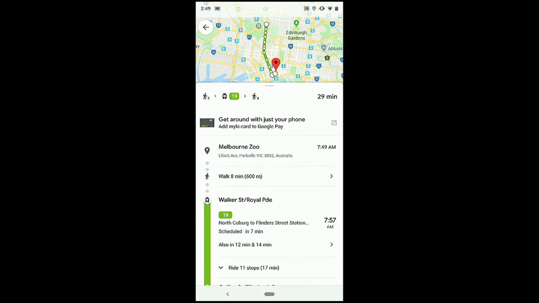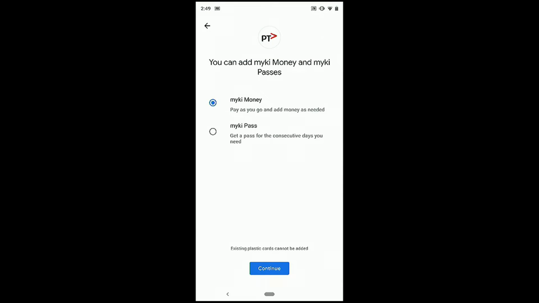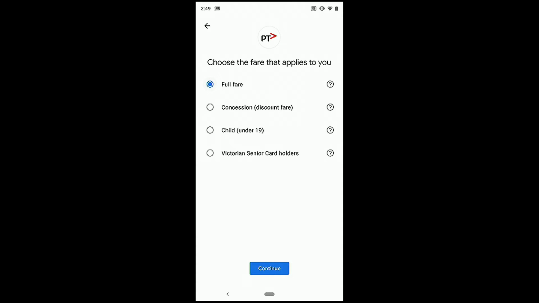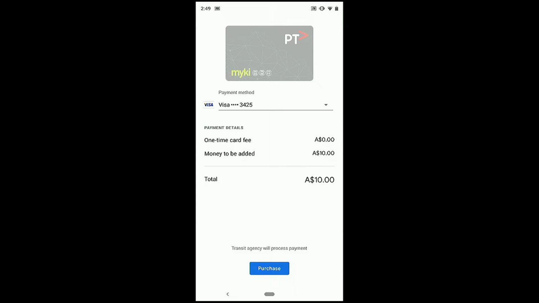And now, probably you see something new, right, at the top. I have the option to add or use my Myki card, right where I need it, right on the detailed view of the planning of my route. Since I don't have a card, I'm going to go ahead and create it right now as we speak. So we're just going to be there for a few more seconds. So why don't we go ahead and get the prepaid card? There you go. I'm going to go for the full fare. And now, on my payment method, I select my payment option. I'm going to top up 10 Australian dollars. I think that's going to be enough for all of us, probably. So I'm going to continue. And as I purchase, then I'm going to see that reflected.